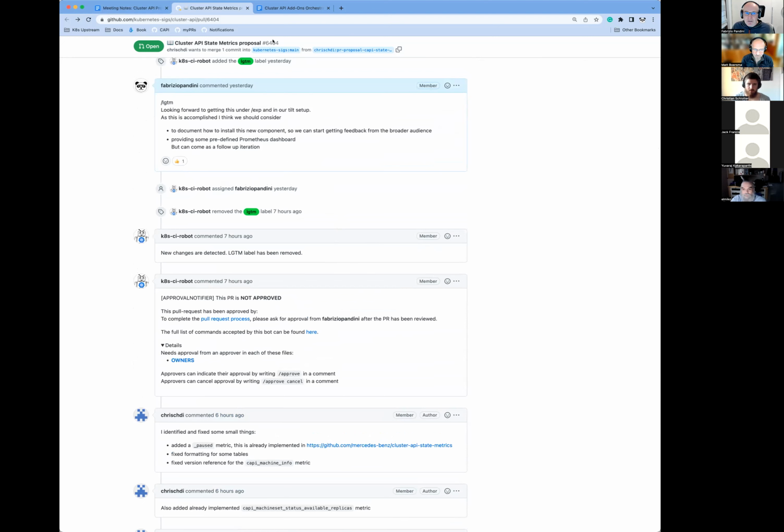Maybe to highlight what the next steps would be: as soon as the proposal gets merged, the folks at Mercedes-Benz will create a pull request to contribute their existing implementation to the experimental directory, with some cleanups and fixes, of course, to match the proposal.